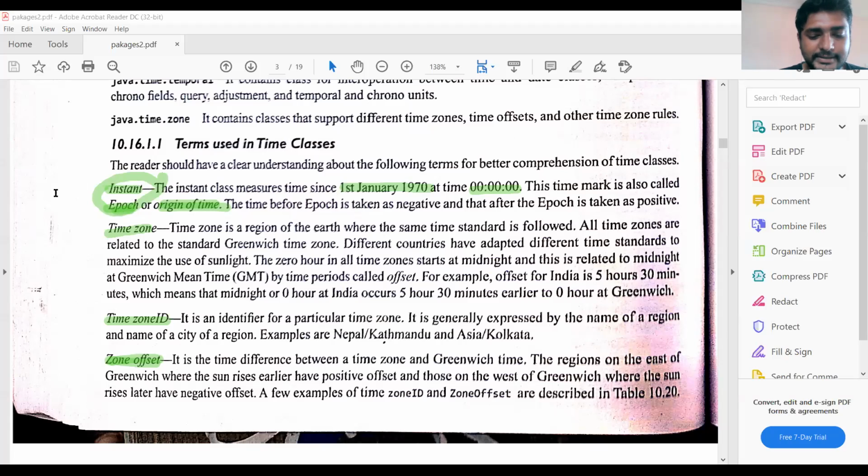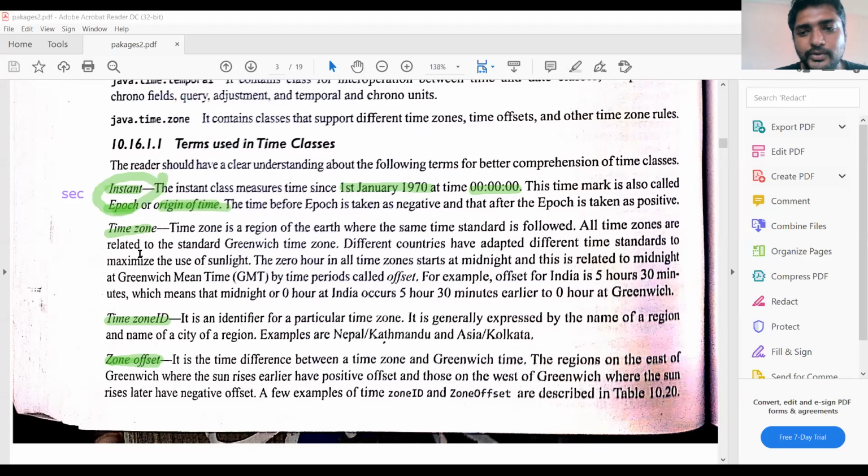So the unit of time is seconds here. There is no hours. So how many seconds from 1st January 1970? This is called epoch time or origin of the time.